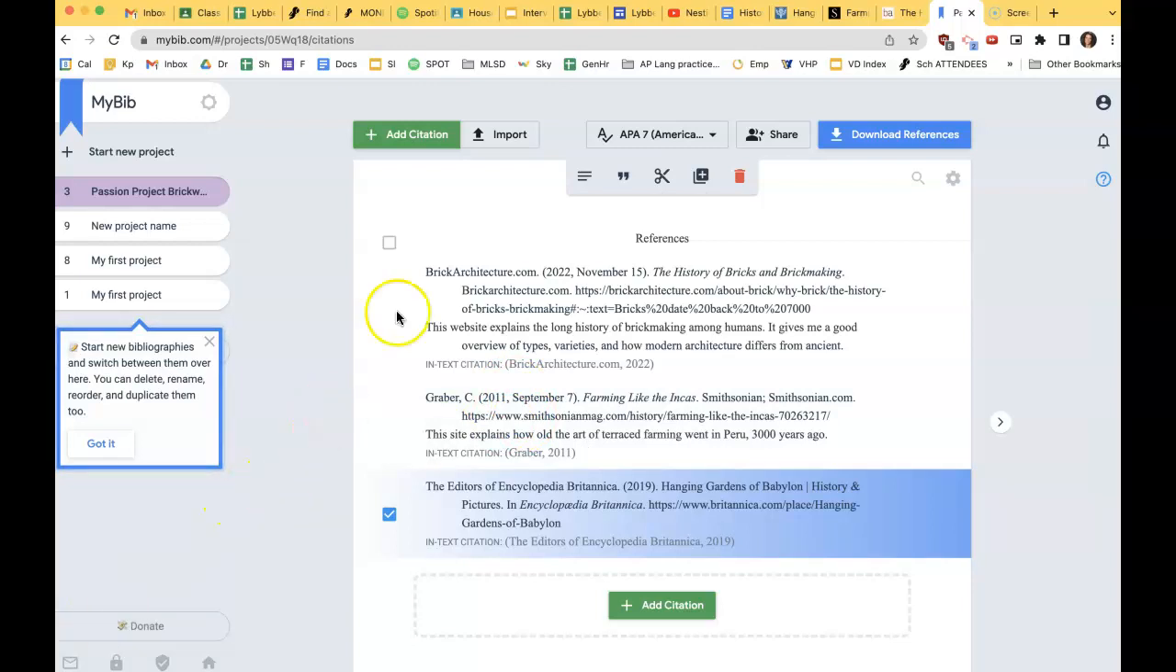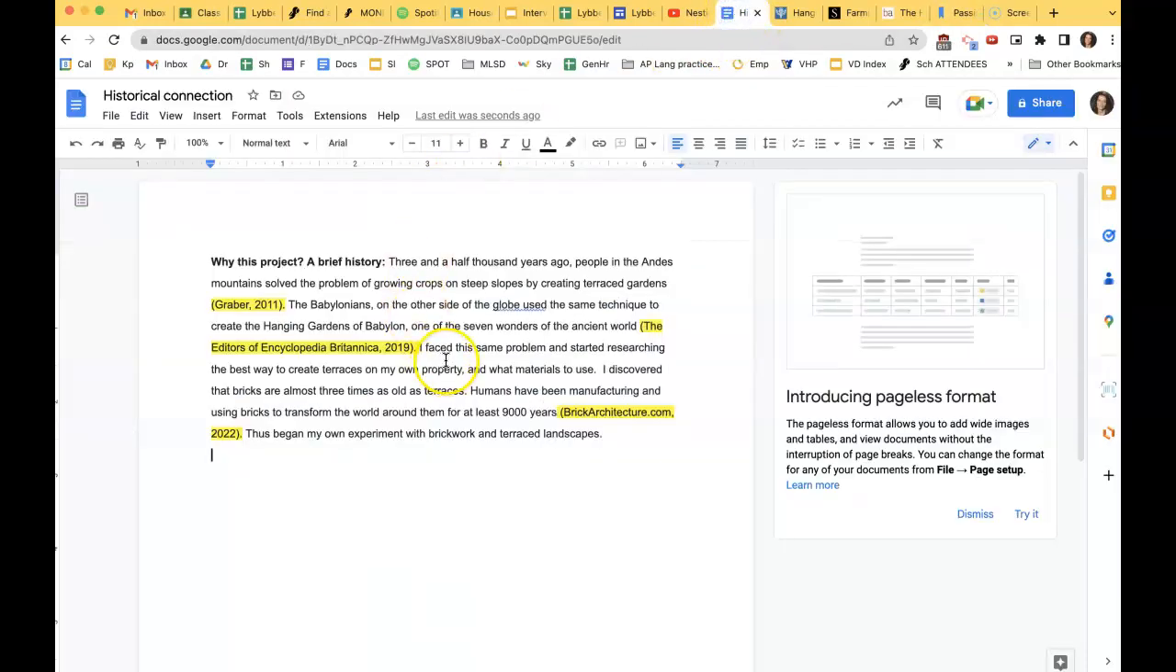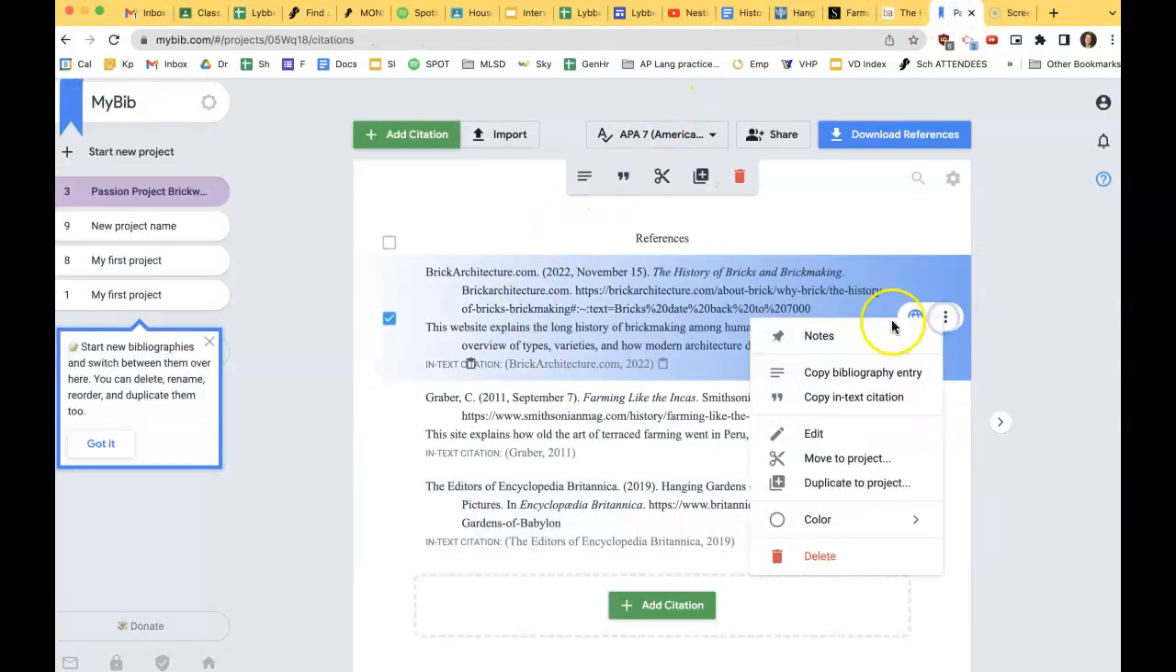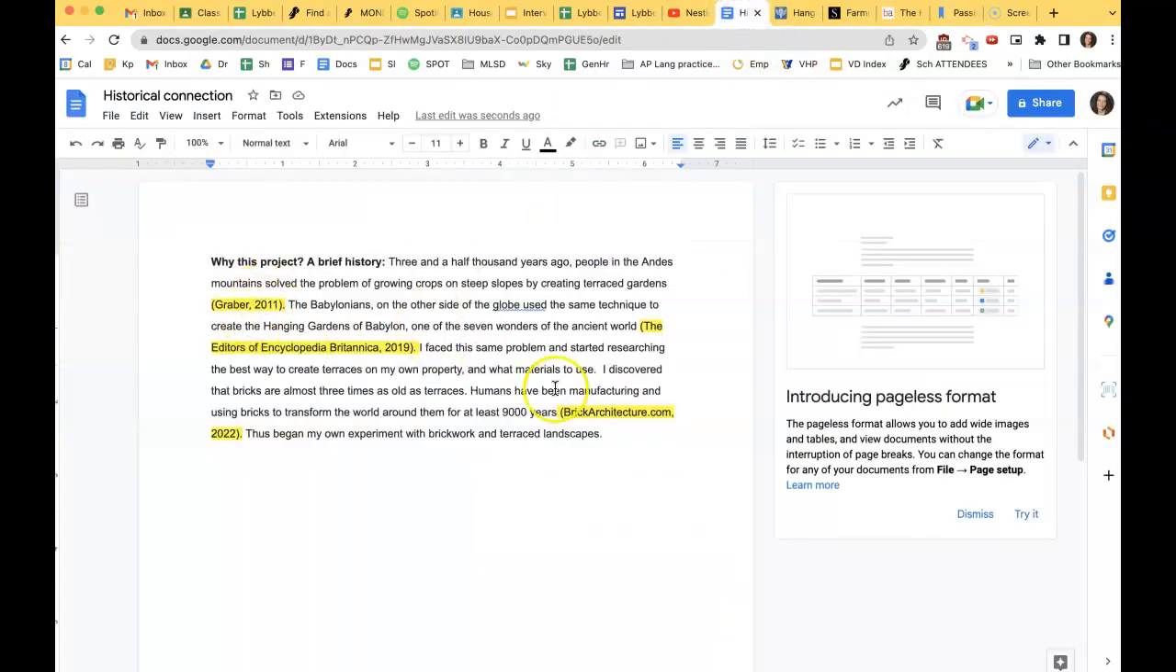So your job is to write this. You've got to write your little thing here, then copy paste into MyBib, and then you're going to copy those little in-text citations back over here to create your citations within your paragraph. You're going to submit that when you're done,